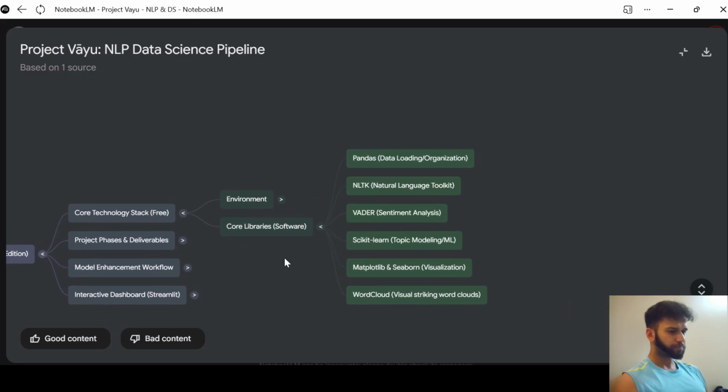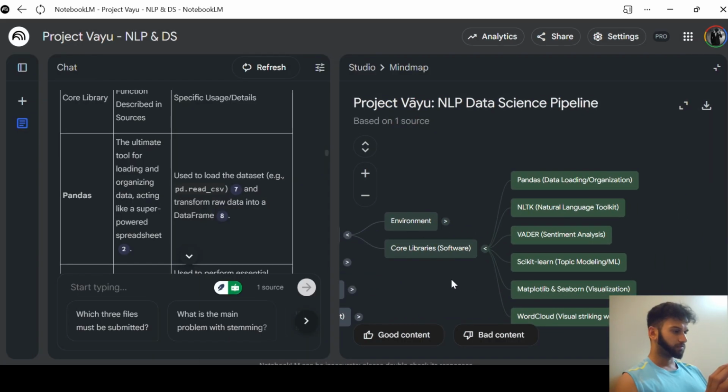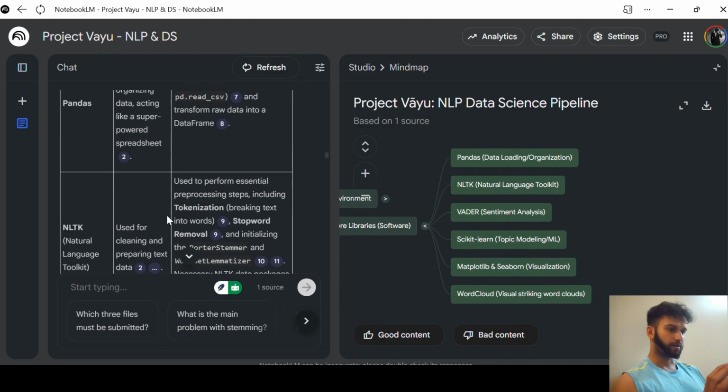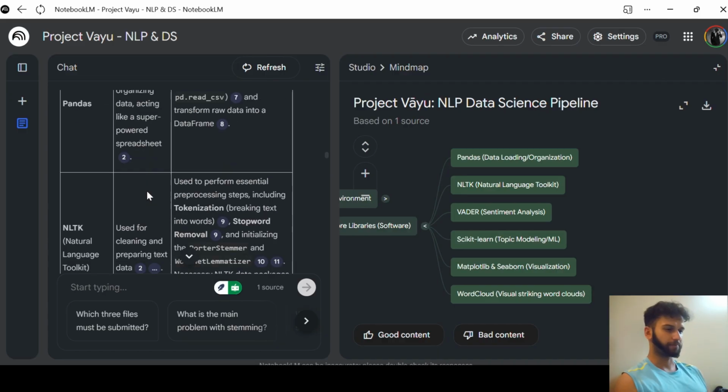This is the important thing for making this project since it's data science. A little bit of machine learning is there, and with NLP it comes. So yeah, these are the stack of libraries in Python that you will be using. I'll explain this also in short. I won't go into that much depth. The libraries are: Pandas, yeah. So Pandas is the most basic and standard library you will be using in machine learning related projects. It is used to organize the data, to load the data. So it's a standard library.